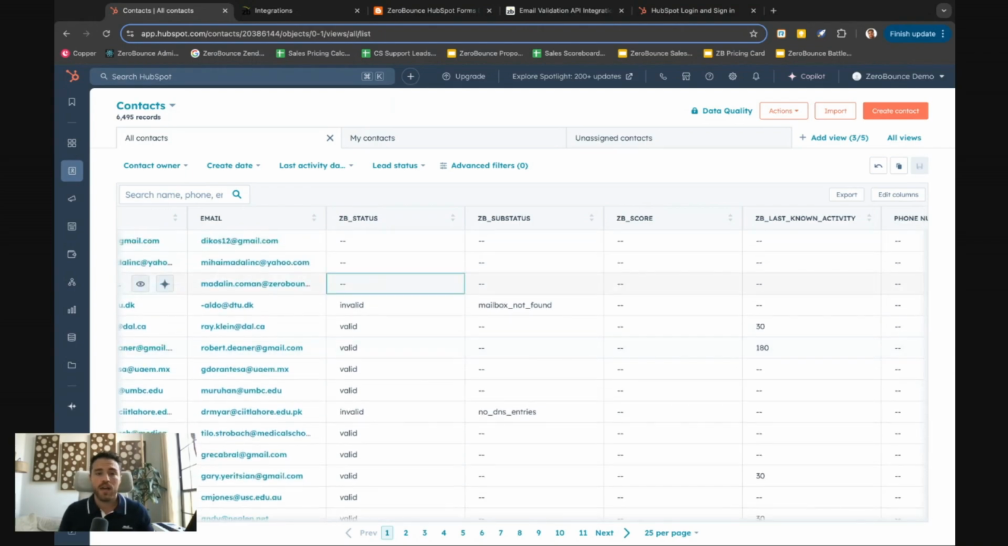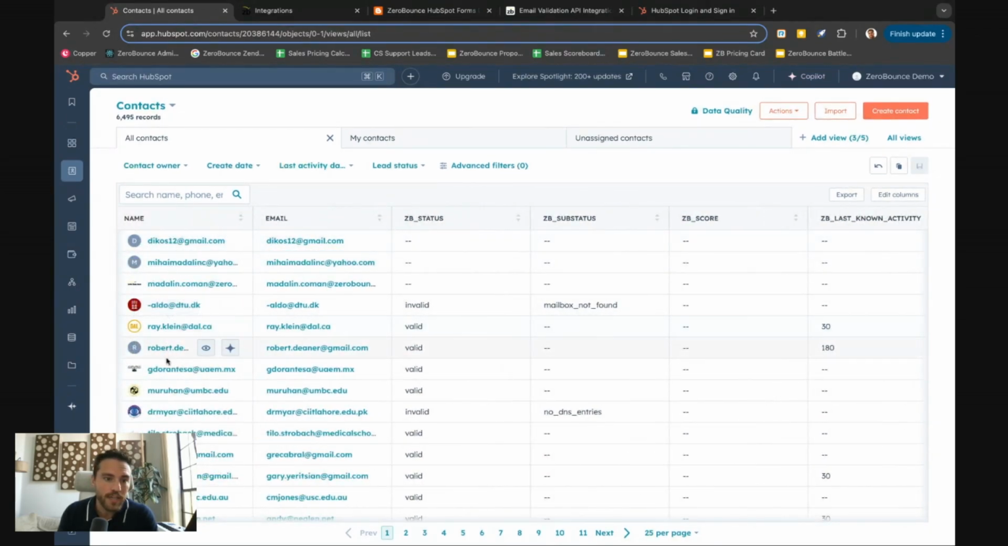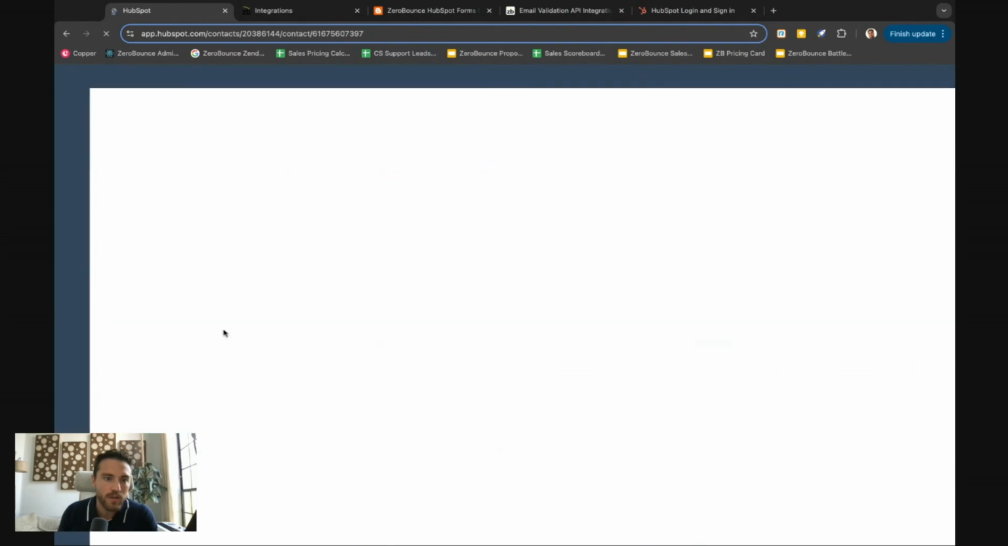Again, this can help save you a lot of money because if they're invalid, you can delete these contacts from HubSpot, and then you're going to save money on your HubSpot bill. So this will pretty much take care of everything in HubSpot. Again, if you click into the email as well or into the contact,